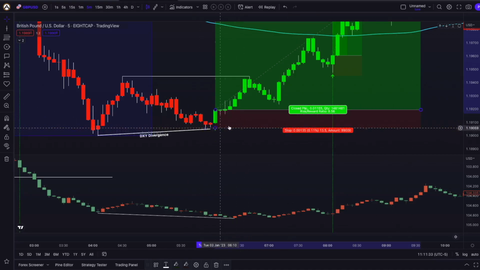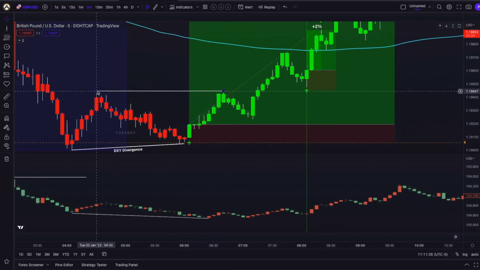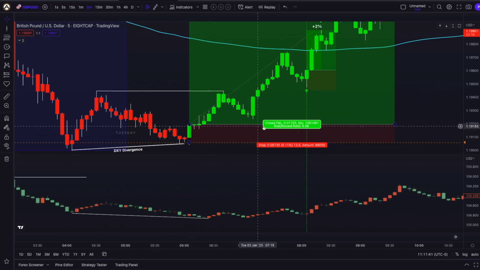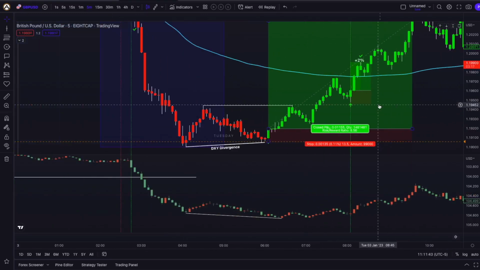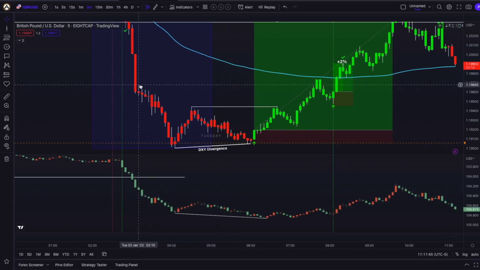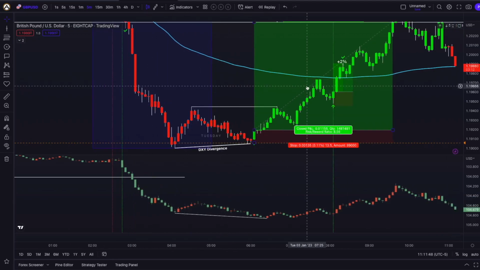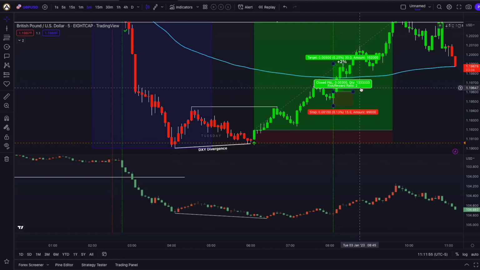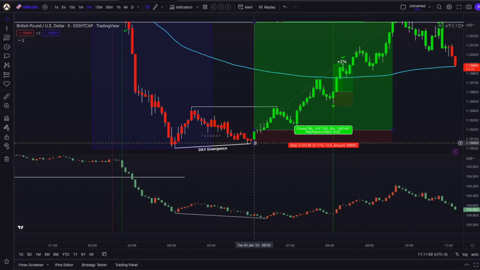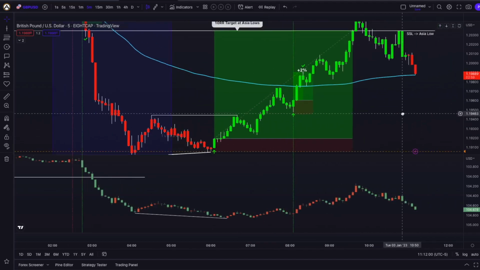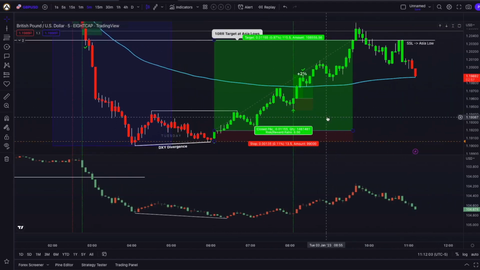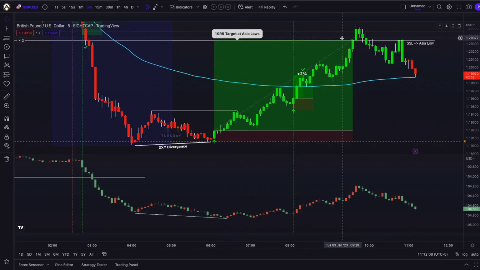Luckily, this alert has never been triggered afterwards, and I took some partials right here as soon as we took out those highs, moved my stop loss closer to my entry price, and then closed 80% of the position as soon as we breached this level prior to 8 AM New York local time, when the New York kill zone begins. So I already closed out 80% of my positions, now having my stop loss at break even so I can't lose any more money, and it hit a full take profit target of an 8.56 risk reward